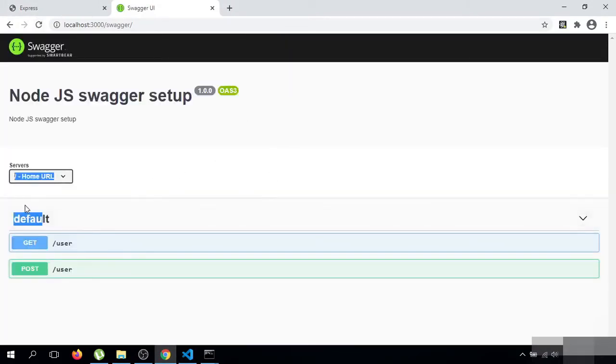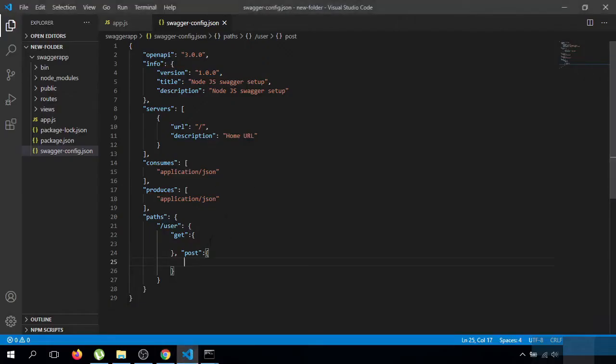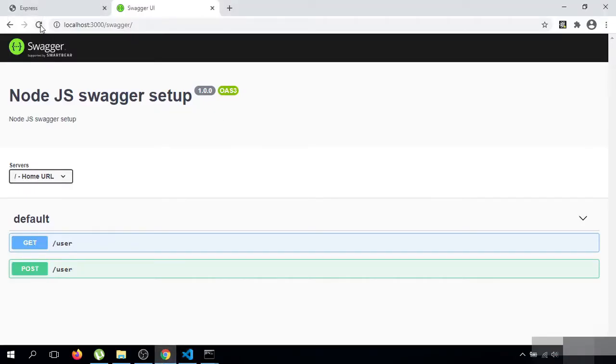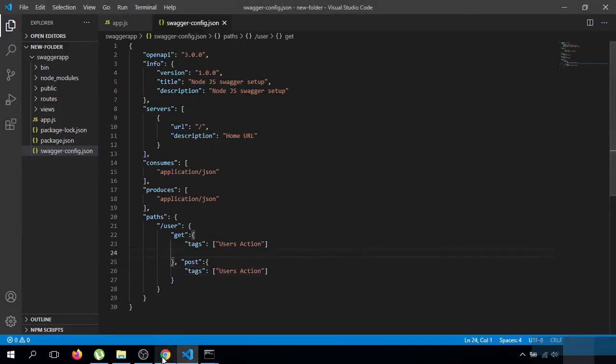You can see that two URLs has been generated in our Swagger page. One is get user and second one is post user. Yes, currently I am taking an example of users. Both of the URLs I am passing tags user action. This will show here.